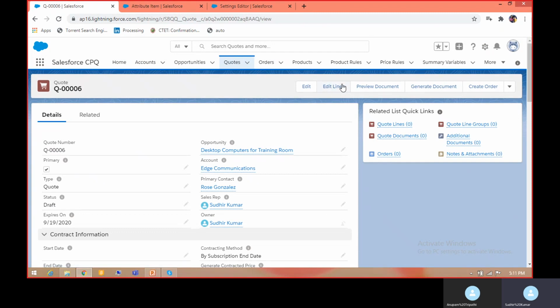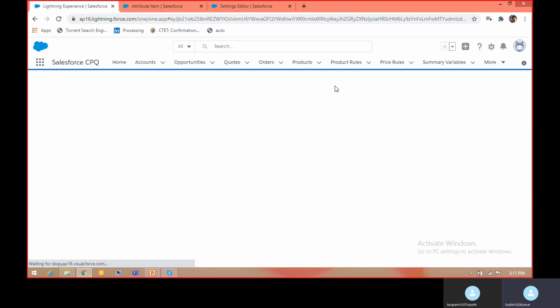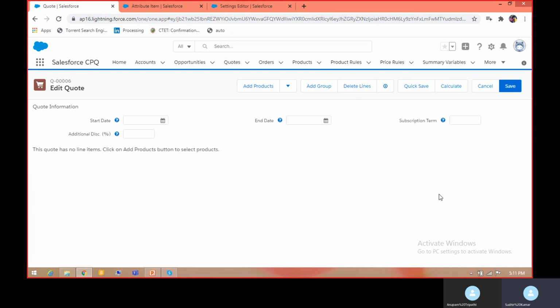Here you see a button named edit lines. Once you click on edit lines, it will open another screen. From this screen you can select a product for your quote, add product.